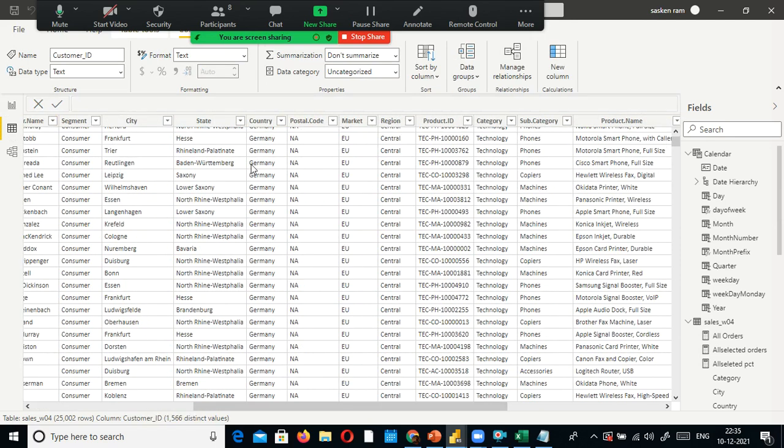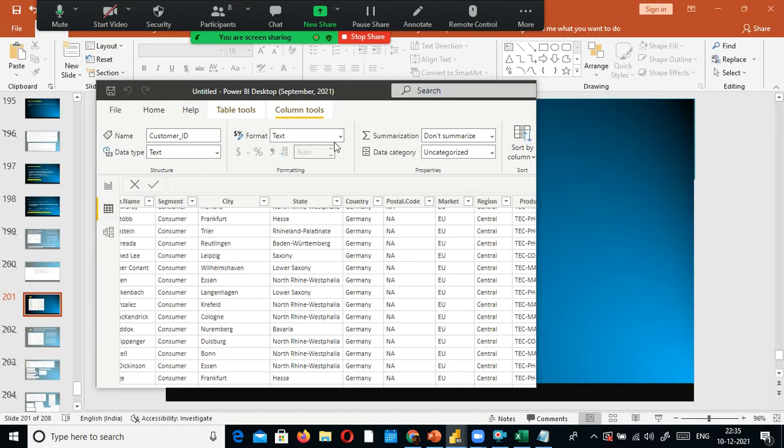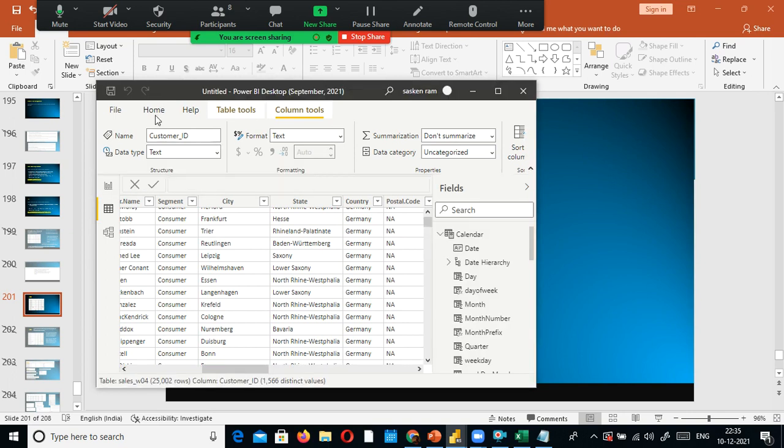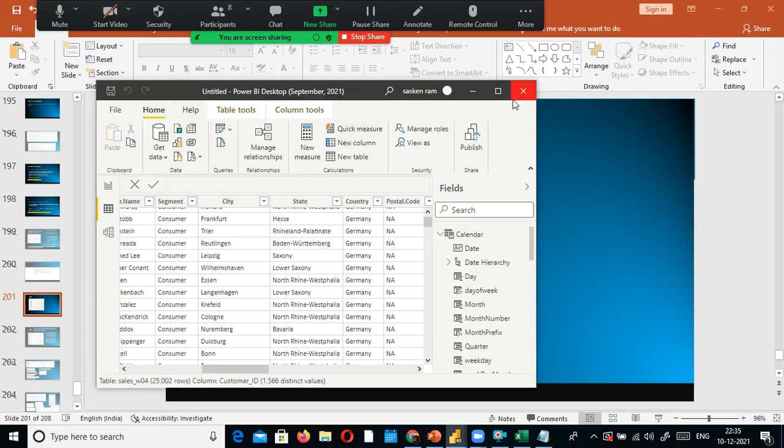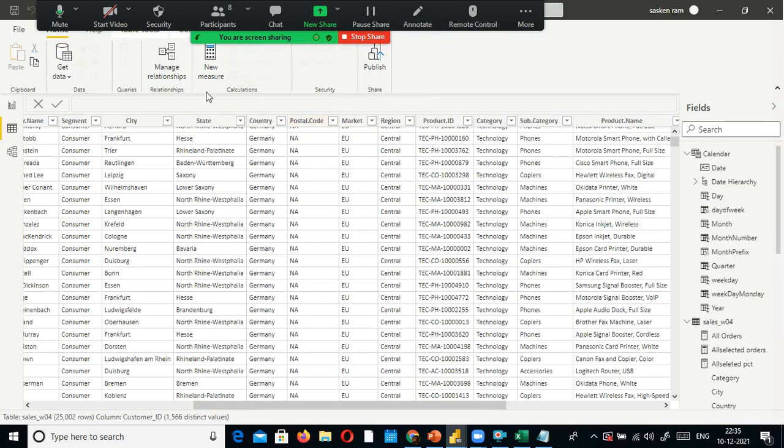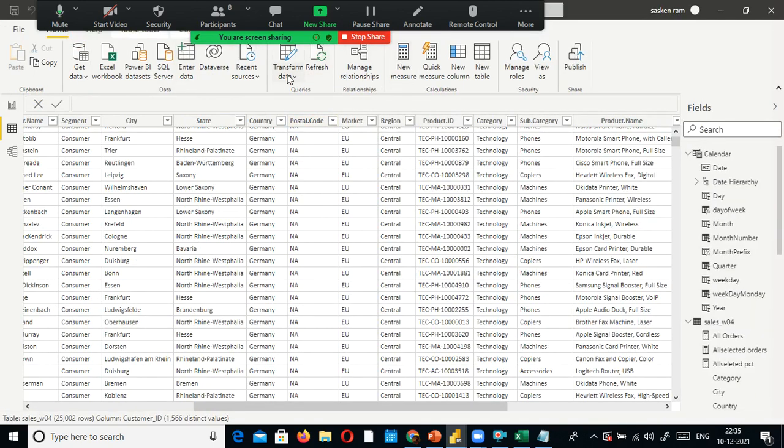So that's why data cleaning should be done before you do anything. You need to make sure that your data is correctly transformed. So now I just go here. There is a data type problem here. I go to data, transform data.